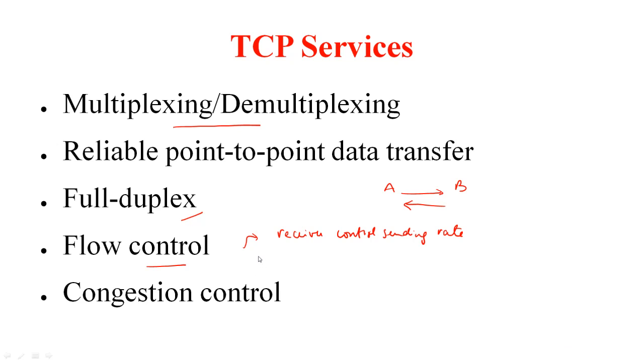While flow control stops the sender from overwhelming the receiver, congestion control stops the sender from overwhelming the network. So it ensures that the senders are not sending data at a faster rate than the routers can handle. This in turn can lead to buffer overflow at the routers and dropping of packets. So congestion control ensures that such a thing doesn't happen. Well, to the extent possible.